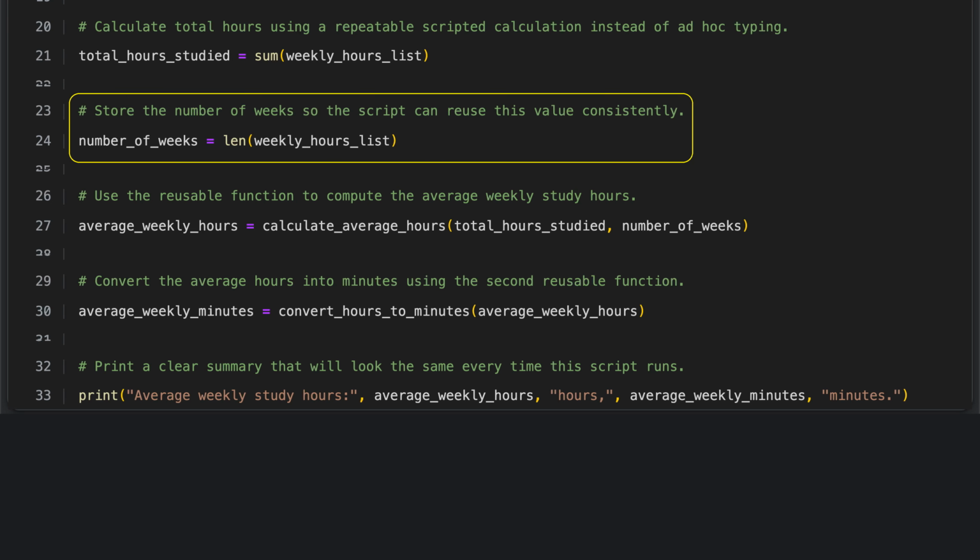The code finds how many weeks are included by measuring the length of the list of weekly study hours and storing that number in a variable. This stored value is then reused in later calculations, so the script always knows the current number of weeks. As a result, if the list of weekly hours changes, the number of weeks updates automatically, keeping the calculations accurate